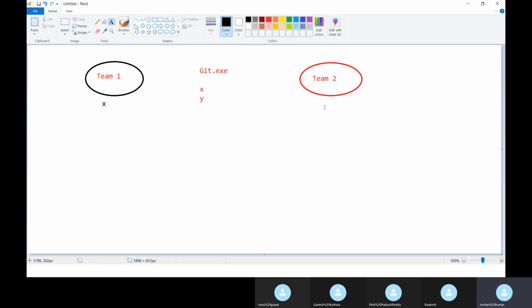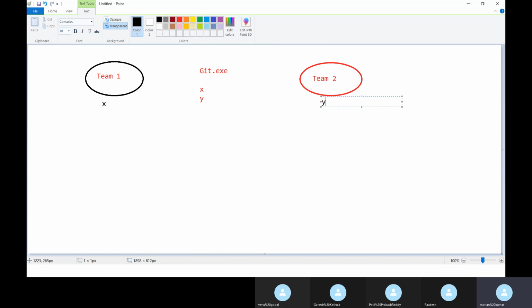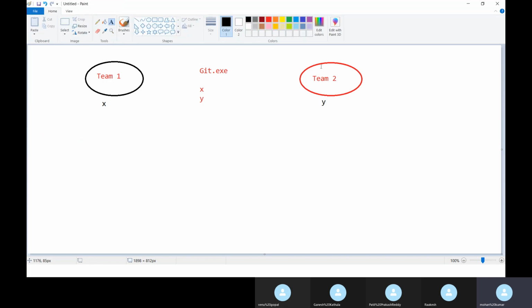Similarly, team member two has dependency Y installed on his machine without his knowledge. So what team member one needs is Y, and team member two needs X. That is the whole thing that is needed.